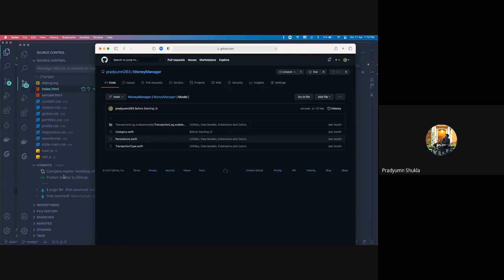And let's say there are some changes that Abhishek made, and now you need to work after those changes are made. Let's say you want to visualize the monthly overview which Abhishek has made. In order to visualize that, you obviously need the code for monthly overview. So what you do is you get all the changes from the GitHub repository, which is known as git pull. So you can push all your changes, you can pull all the changes, you can commit your changes, you can add the files to the staged area, you can create branches. These are the basic functions of a Git repository.